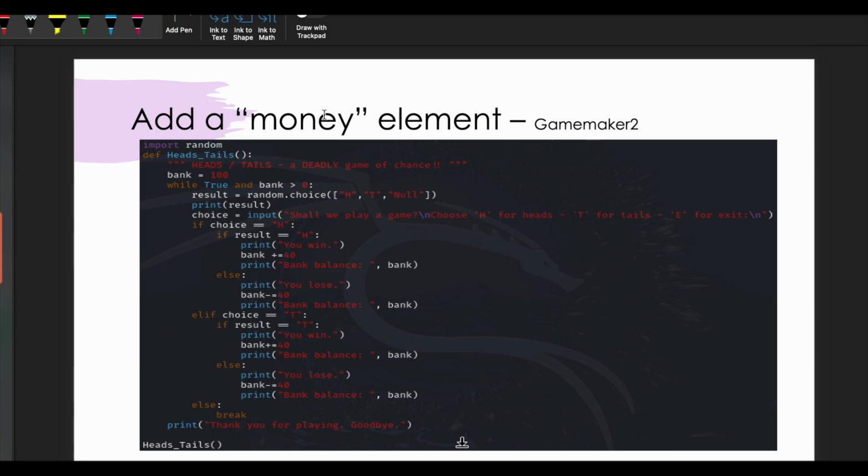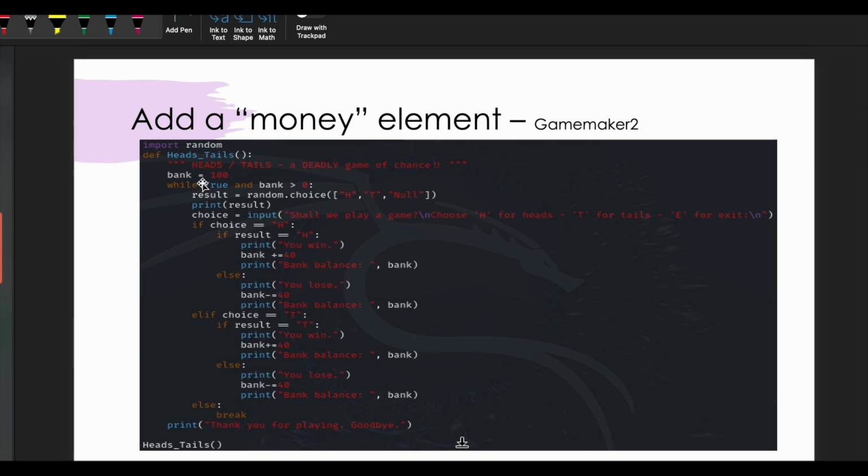Now let's add a monetary element, because that's the central aspect of even text gaming. For example, even if you look at a Keno game at a bar, that's essentially a text-based game. Even though you might see graphics, it's essentially text. So you get a collection of 30 numbers, and if you get 15 out of the 30 or whatever, if they match, then you win the big jackpot. So that's essentially what we're doing here, except on a smaller scale.